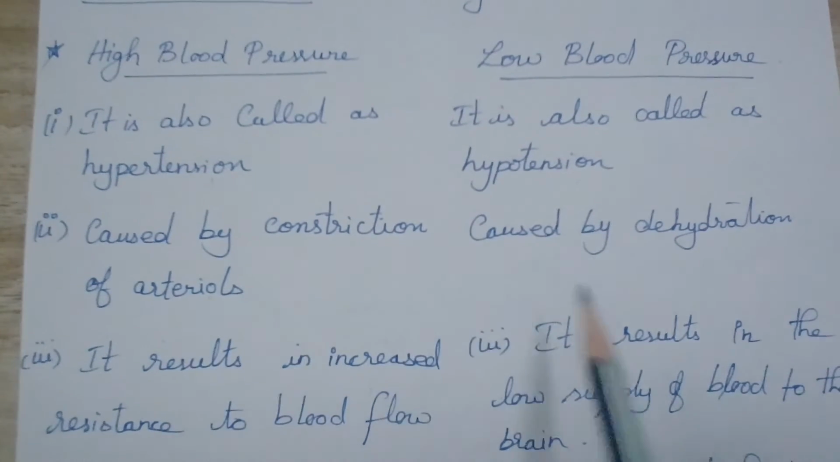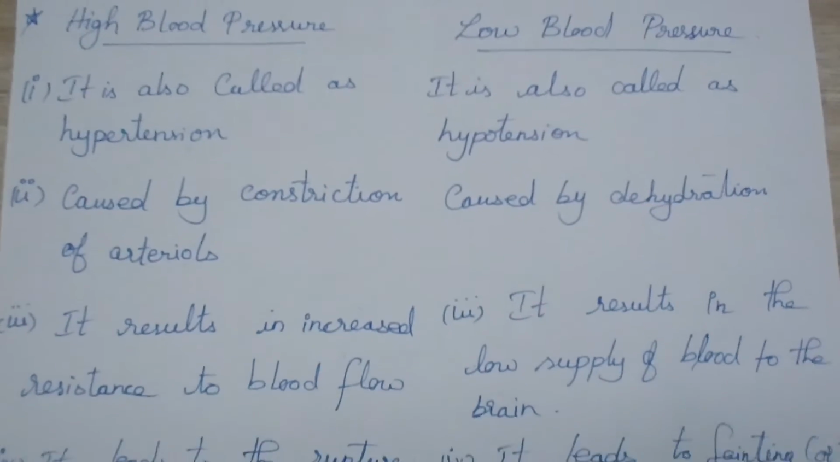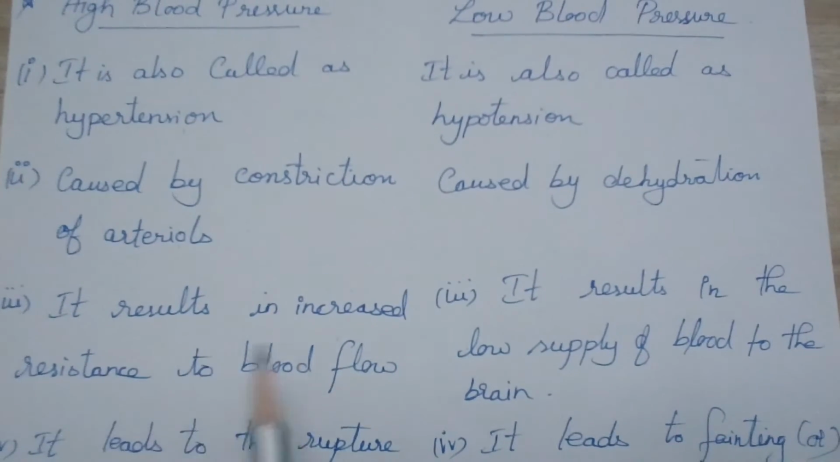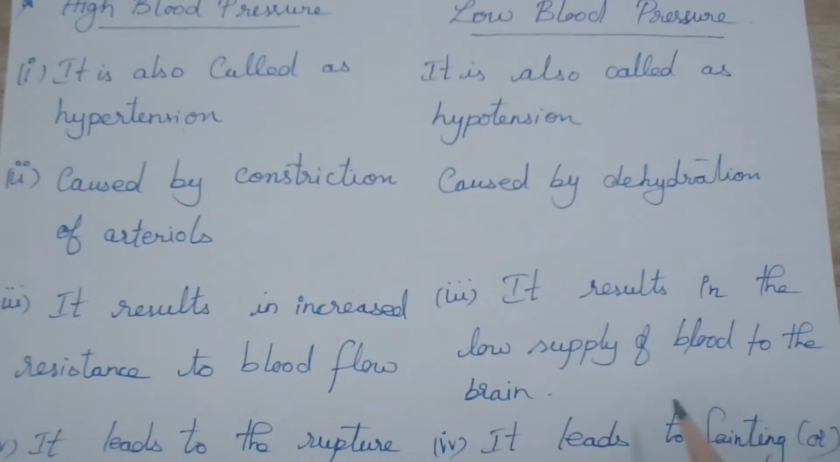Low blood pressure is caused by dehydration. When you have not taken enough fluid and your body is dehydrated, then you will get low blood pressure. It results in increased resistance to the blood flow. Blood will not flow. Here it results in a low supply of blood to the brain, because with dehydration the volume of the blood is reduced, so there is less supply of blood to the